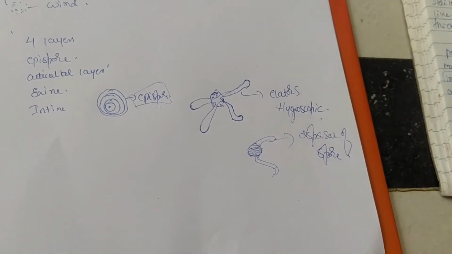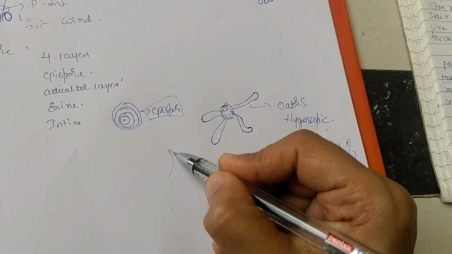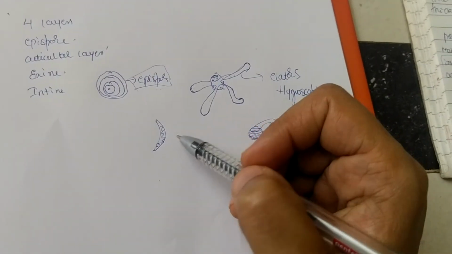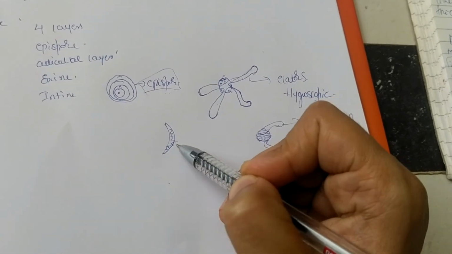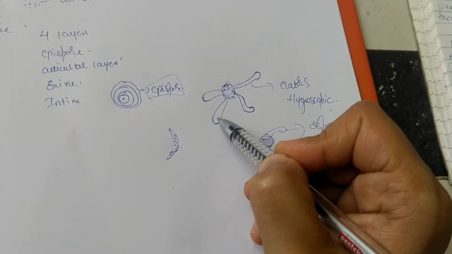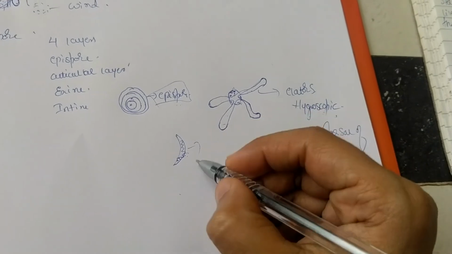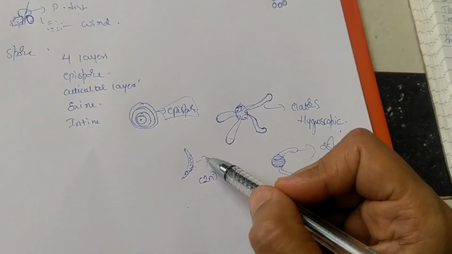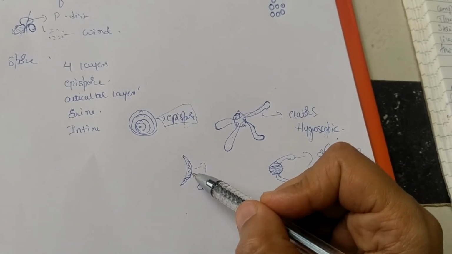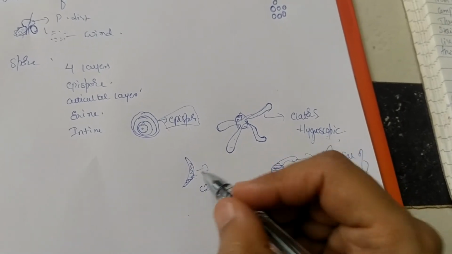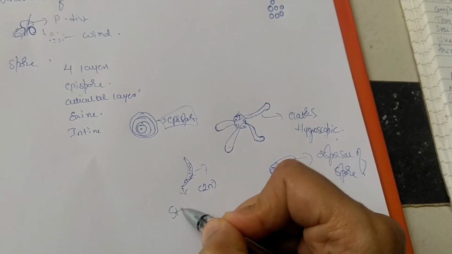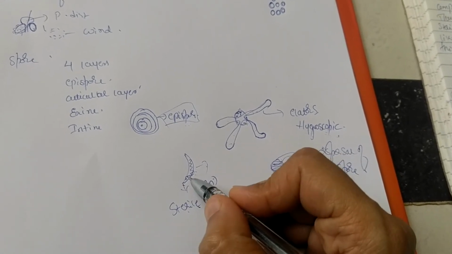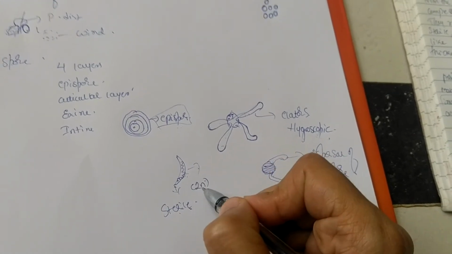In bryophytes, we saw that elaters were spindle shaped with a spiral thickening in between. This elater is specially present in Marchantia. This kind of spiral thickening we won't see here. And this was diploid in nature. Why? Because some of the spore mother cells didn't undergo meiotic or reductional division, and those cells we called sterile cells. These sterile cells were nothing but elater mother cells. These elater mother cells are diploid in nature.